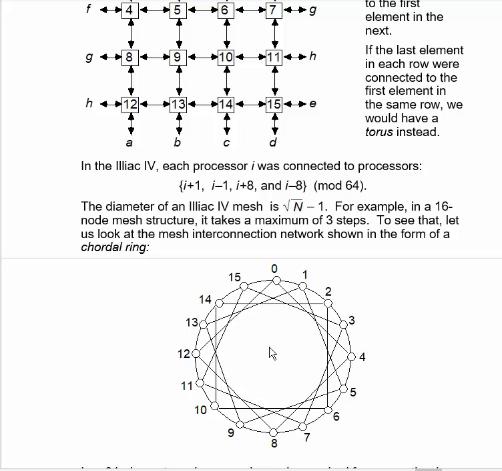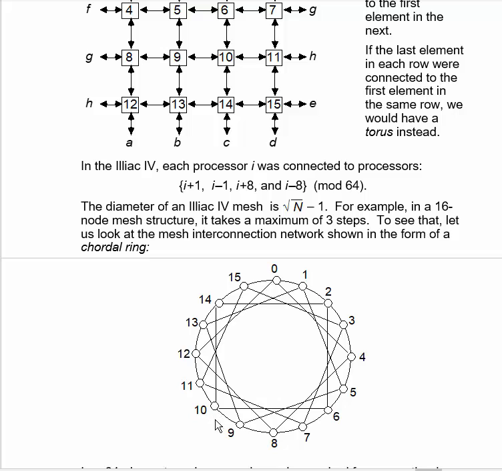Now if you draw the graph for a mesh like this, it's fairly easy to see that the diameter is 3. So let's take, for example, nodes that don't seem to be related very closely at all, like let's say 1 and 6. Well, there's a 2 hop path from 1 to 6: 1 to 5, and 5 to 6. If you take 1 and 10, then what I do is go from 1 to 13, and 13 to 9,